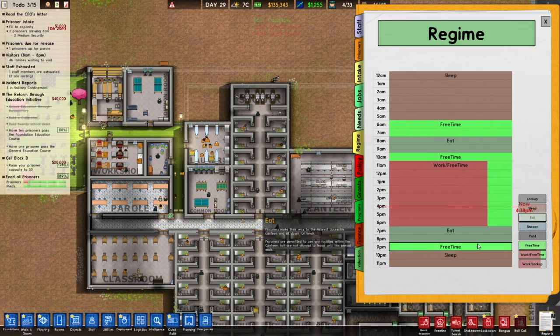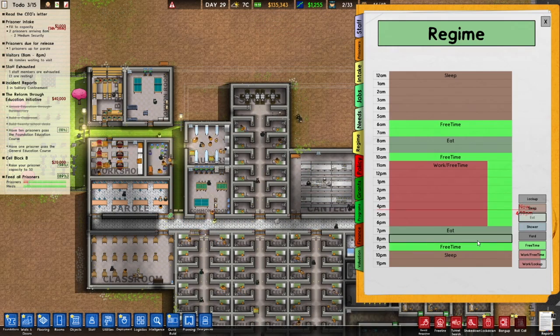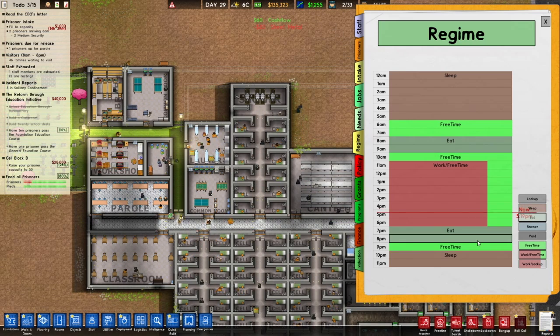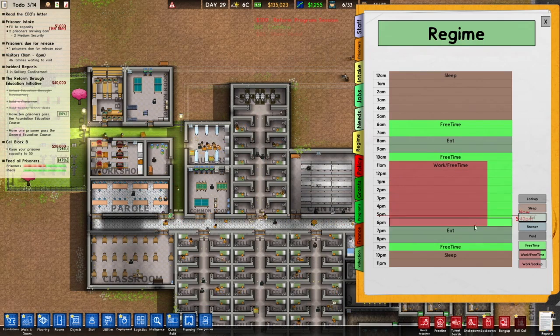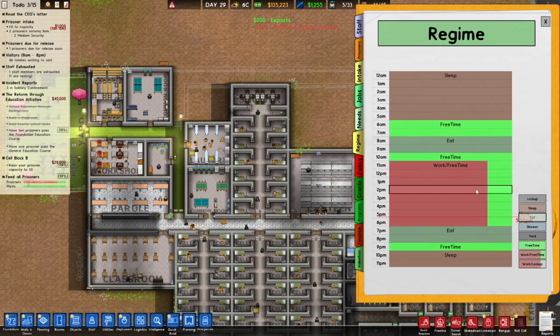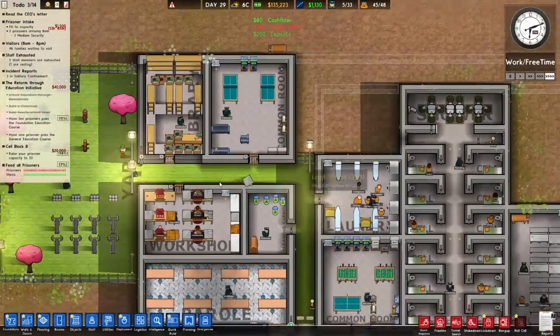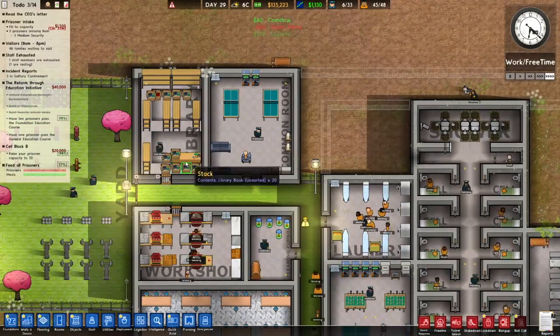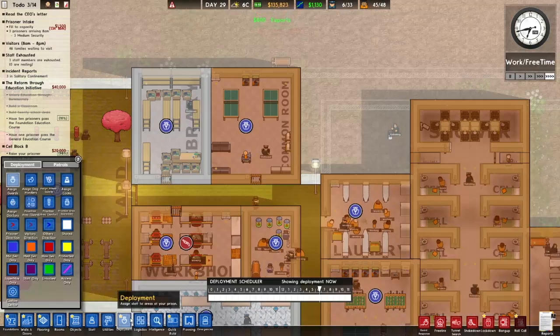Then that all looks good, I think. So we have work/free time, and they have the dinner, then they have a bit of free time, and then they have their sleep. Cool. That all looks good. Sorting desk. In hindsight, probably need one more sorting desk. But what I need to do now is...